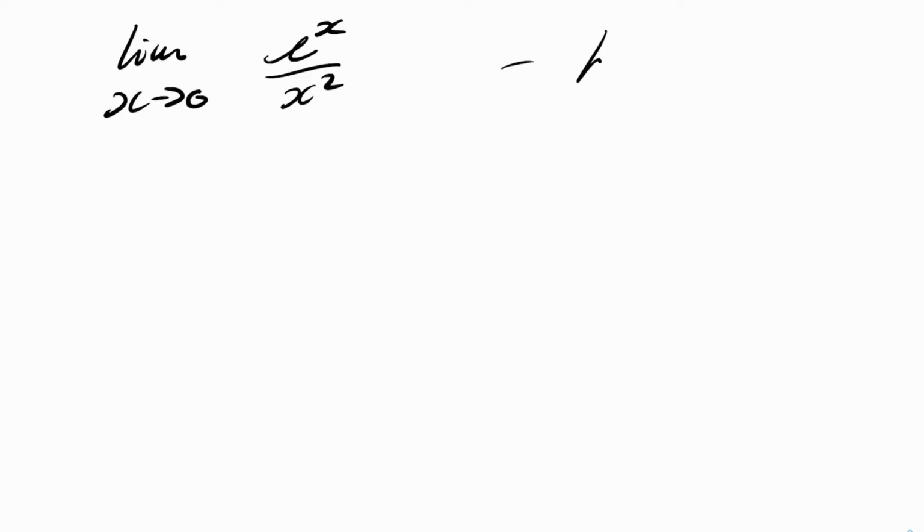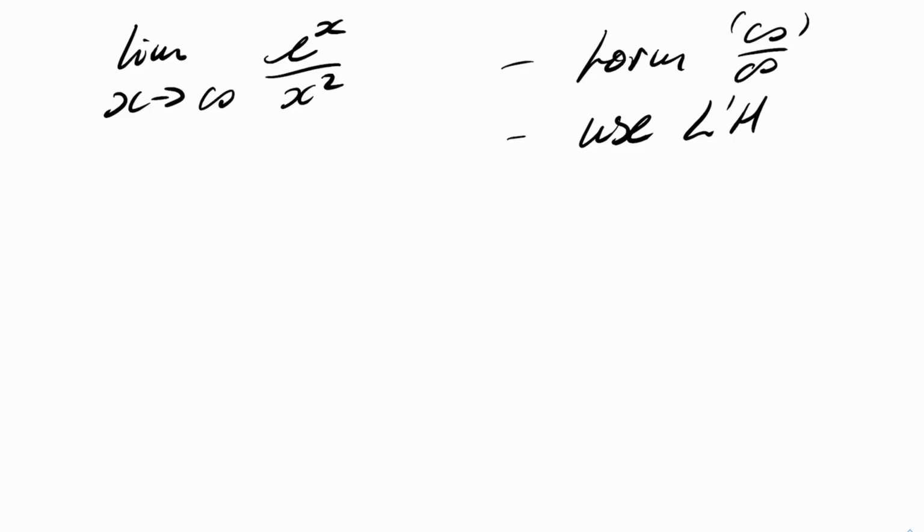So an example of this is of the form infinity over infinity, an indeterminate form. We can use L'Hopital's rule in exactly the same way, although the proof of it is a bit more complicated. So the limit as x tends to infinity of e to the x over x squared is of the form infinity over infinity, and I can still use L'Hopital's rule in this case. So it works for indeterminate forms in this case, and I write